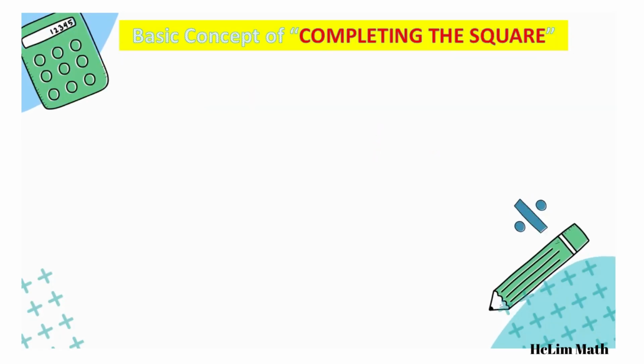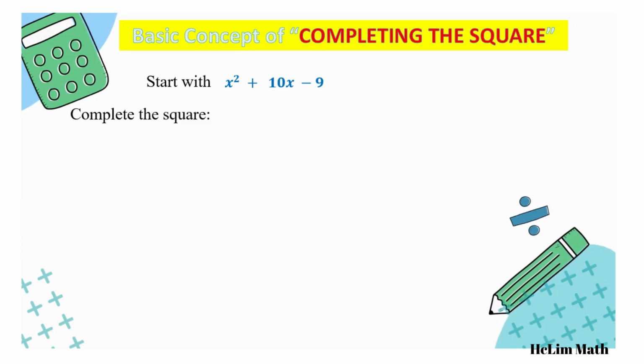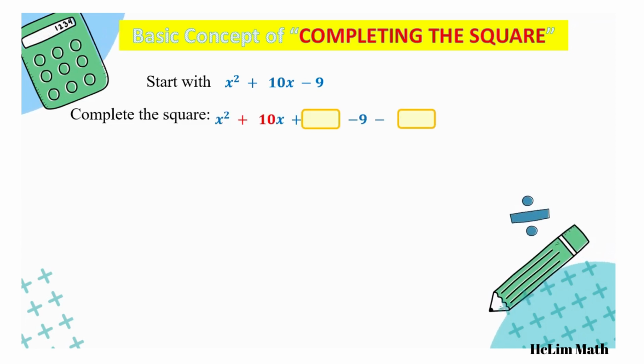The basic concept of completing the square. Let me explain to you through this example. Let's say we have a quadratic expression of x squared plus 10x minus 9. To do the completing the square, first of all, we must make sure that the coefficient of x squared